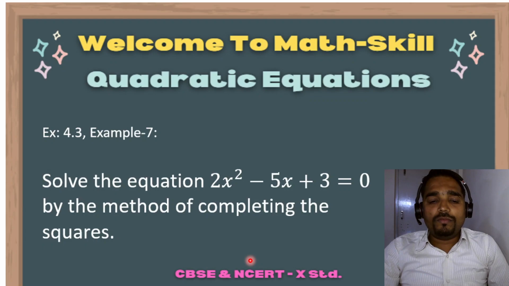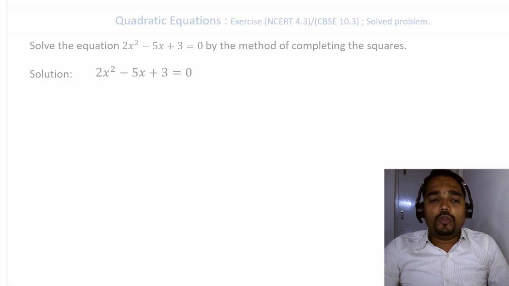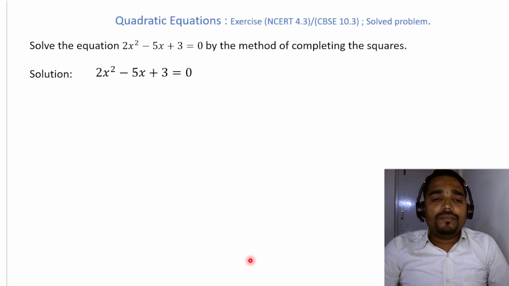This is a solved problem from the textbook. Now we will note down the numerical. The given equation is 2x square minus 5x plus 3 equals 0. The first term contains an x square term, the second term contains an x term, and the third term is a constant. Therefore, it looks like the standard form of a quadratic equation, that is ax square plus bx plus c